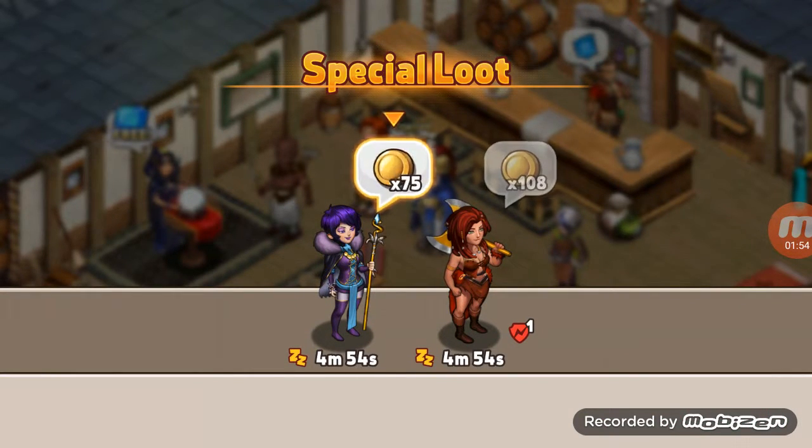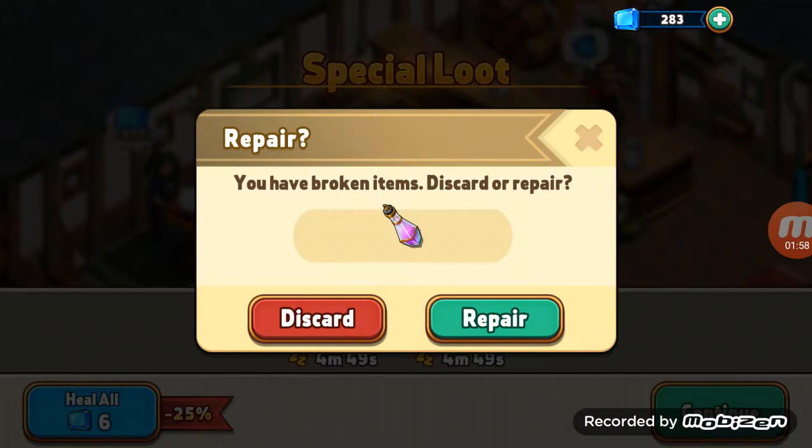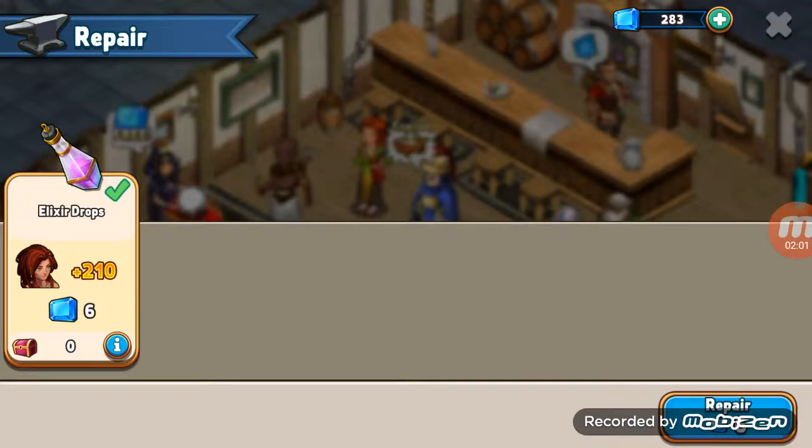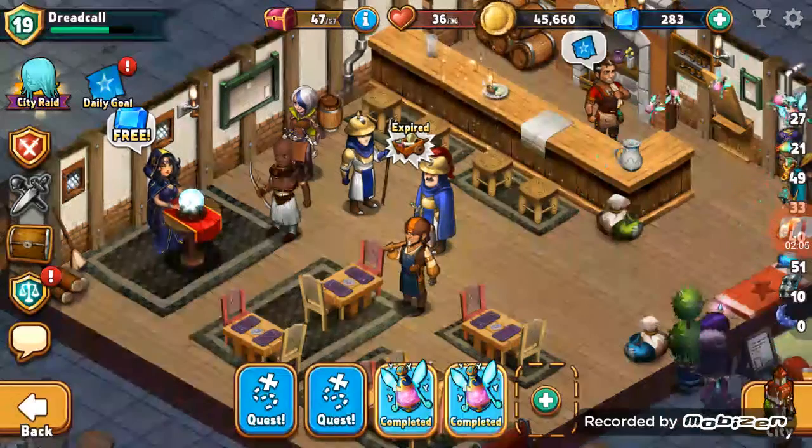Yeah, they can break their stuff. That little red broken shield icon means that. And you can repair it for crystals. Okay, so